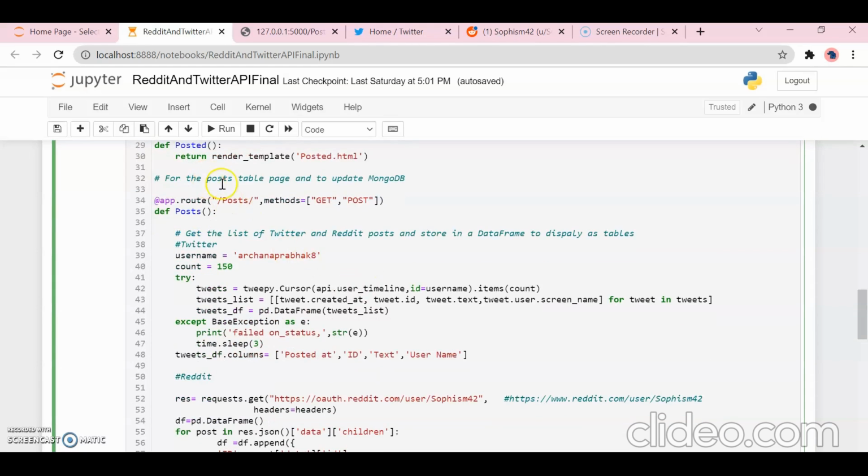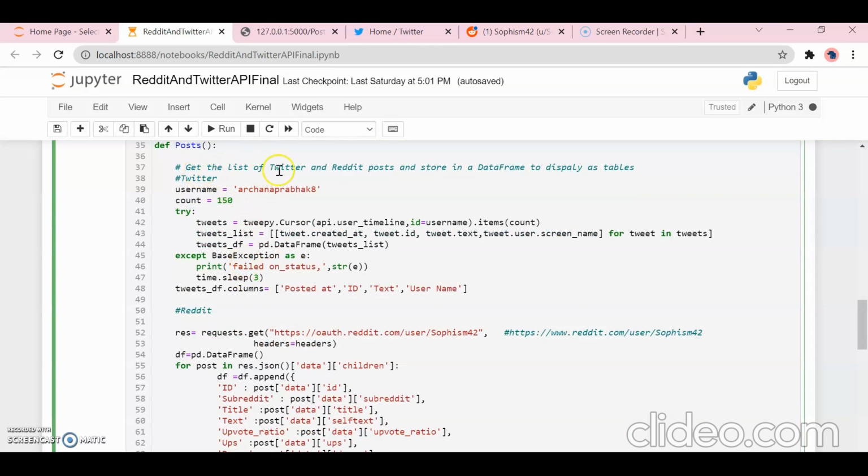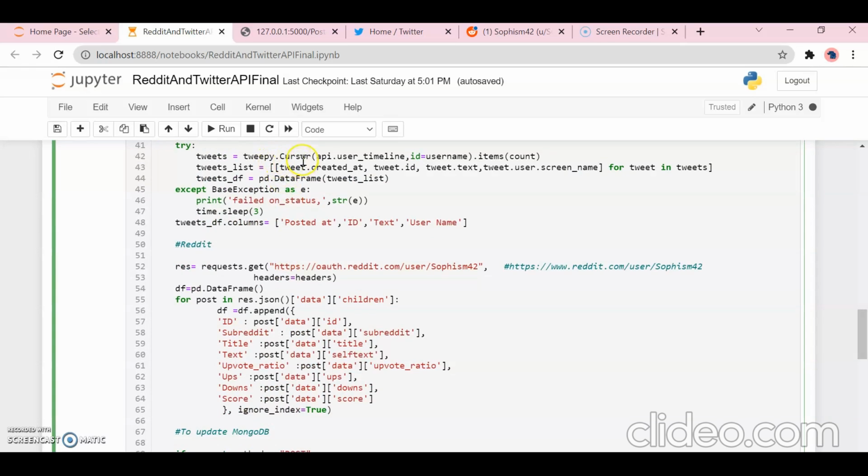For the post table page and to update MongoDB, I have another function called posts over here. And in this case, I am going to first get the list of Reddit and Twitter posts, and I'm going to store them in data frames, and I'm going to display them as tables. For Twitter, I'm going to use my username, and I've set the count to 150. So 150 Twitter posts will be retrieved. I have a cursor here which is going to enable me to fetch the list of tweets, and finally I'm storing it in the data frame